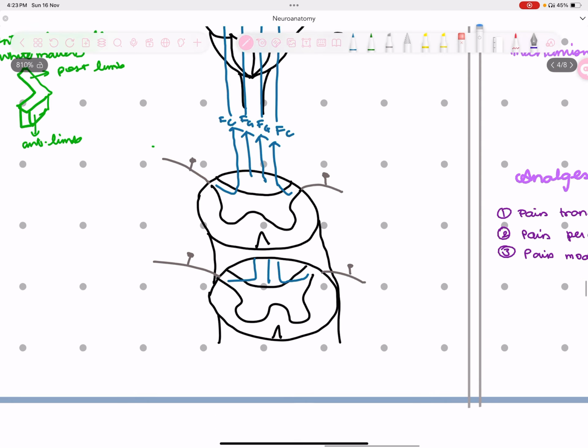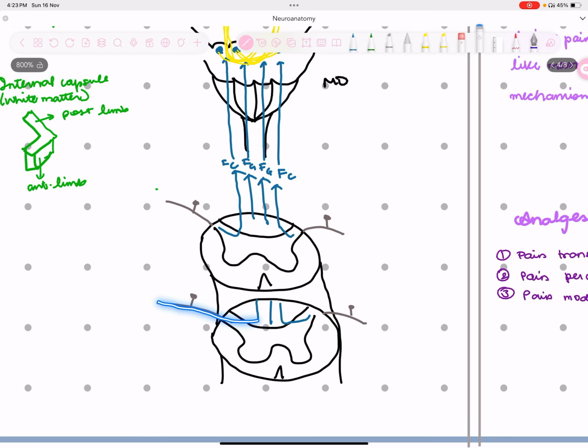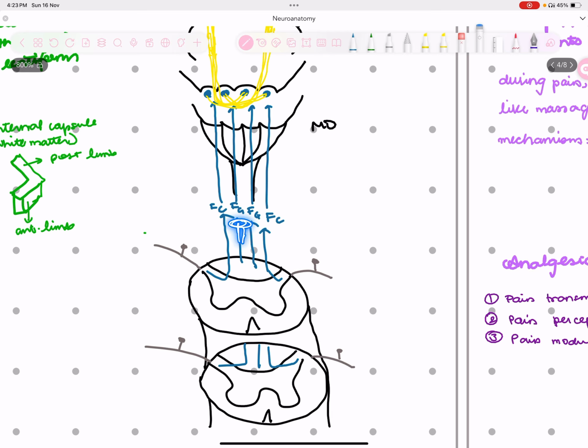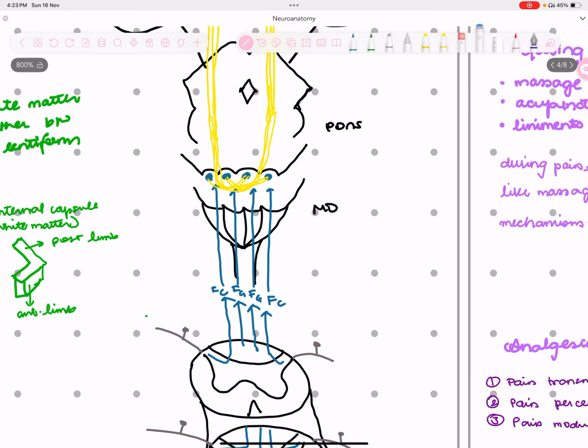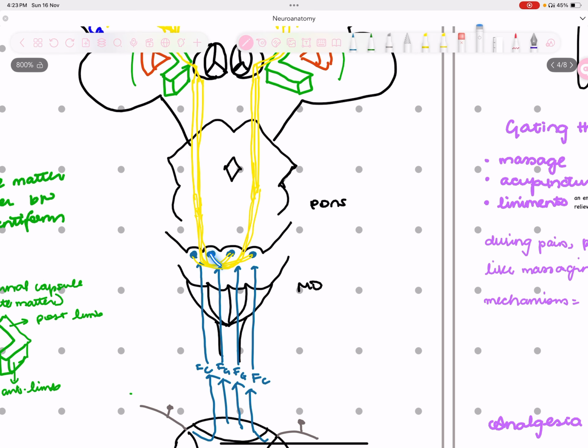So again, what happens? Information comes here and it's ascending. The dorsal column is ascending, and any information that's coming newly is being added on the lateral side. This forms fasciculus gracilis and fasciculus cuneatus. The first order neuron terminates at the nuclei gracilis and cuneatus in the lower part of the medulla oblongata. There, the second order neurons begin and decussate to the opposite side. These fibers are the internal arcuate fibers, which go further upwards and form the medial lemniscus system.